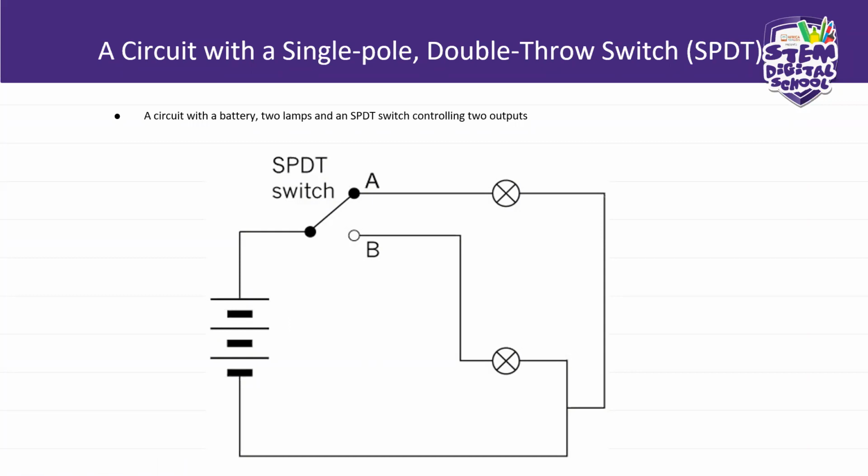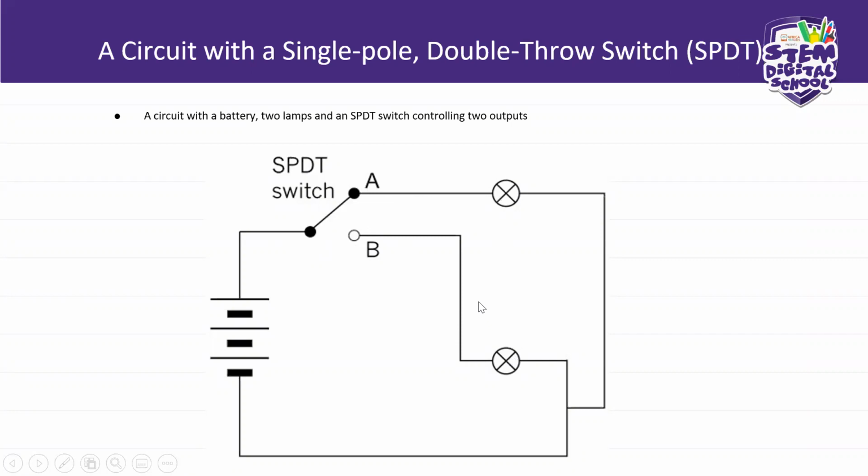Okay. I'm just assessing if you did master the graphic symbols that we did. So this switch here, what kind of a switch is it, grade 9? It's a single pole double throw. We have one pole, we have two throws. Single pole double throw. This switch is connected to a parallel circuit, to a circuit where two lamps are connected